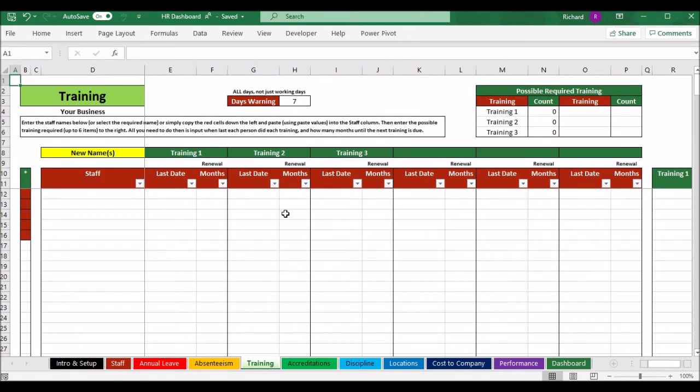Alright, here's the training tab. Before we put the names in, let's just start with a number of days warning. The training tab is for things like, do your staff need training on a monthly basis or twice a year or once a year or once every 3 years or whatever the case might be. Do they have courses and things that they need to do each year, like a first aid course or whatever else that they need to do to update, to have got the